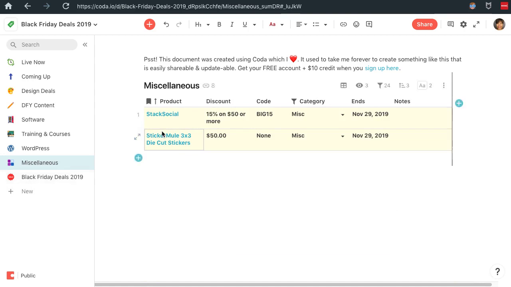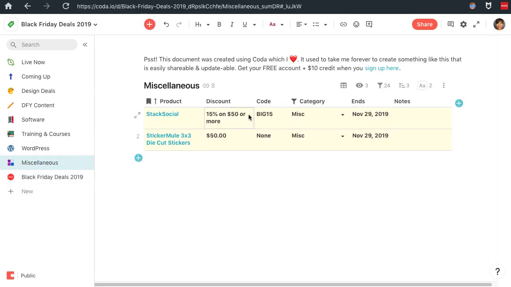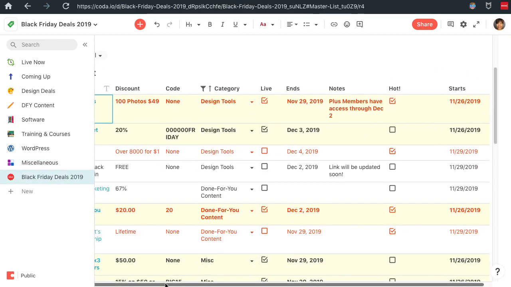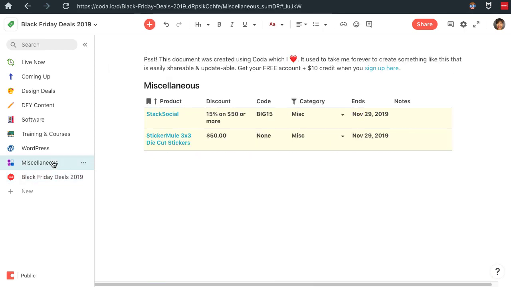Fantastic. You see how quickly I can create another view, another way to look at my master table that kind of makes sense. And it's shortened. My master table is huge with so much data, and using views, I can drill down very quickly to the information that I want. And this isn't even a mega table. I know some of us have spreadsheets with thousands and hundreds of rows that are just so difficult to get to. But with Coda, it is so easy, and all I need to do is update